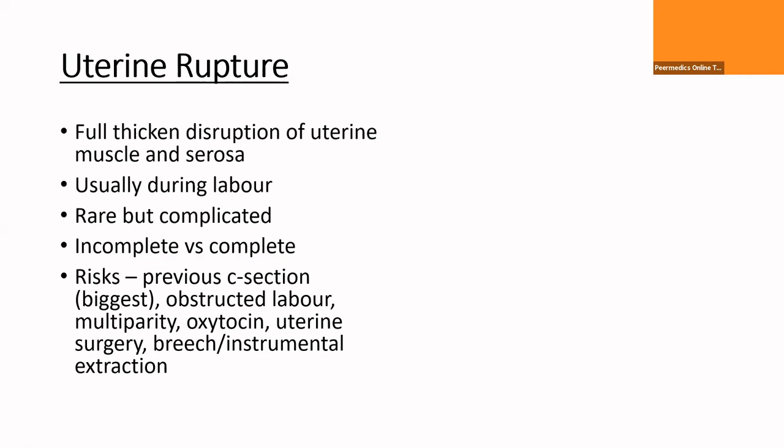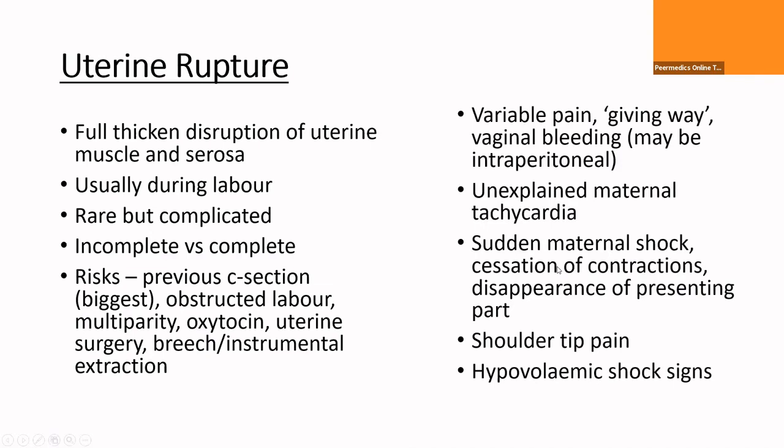For uterine rupture, we tend to find these days that where women have lower section scars, as opposed to the vertical scars they used to use years ago, it's less likely. Features of it can include variable vaginal pain, which can range from non-specific pain to sudden severe pain,